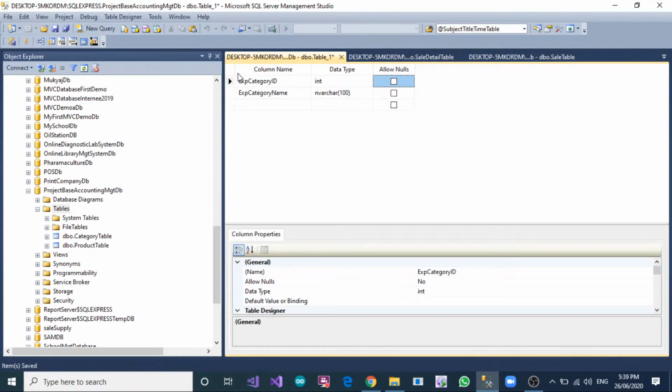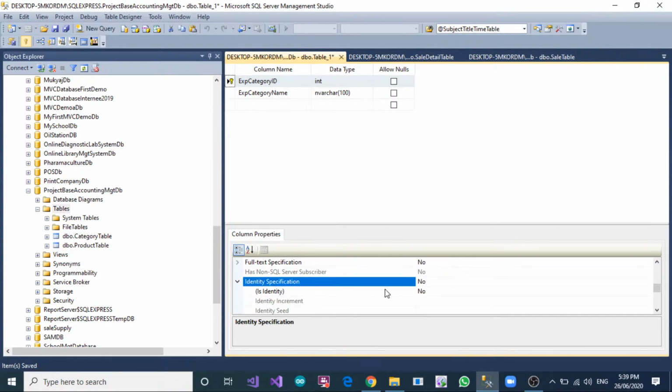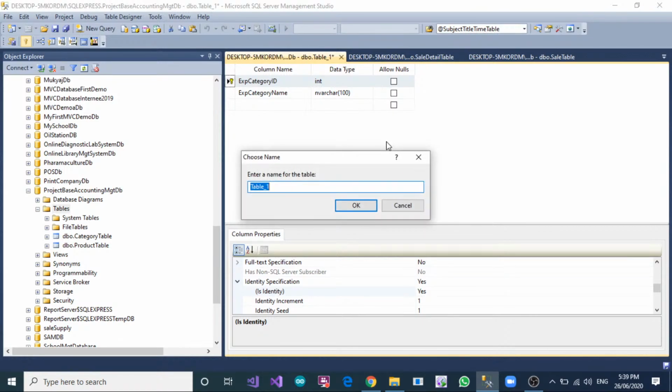Click on this, and also check here the identity specification. Right click and save the expense category table